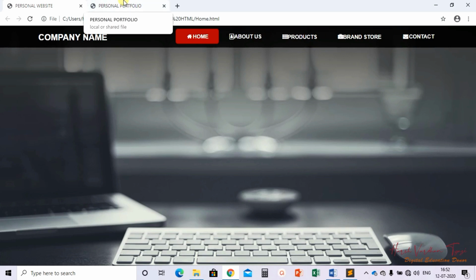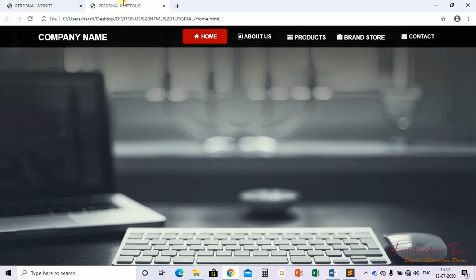And in the next video tutorial, we will continue where we will learn how to get the sub tabs under a main tab. These two tabs are the main tab, and under this we will add the sub tabs with the same color codes and everything. Okay, so till then you can practice more and more.